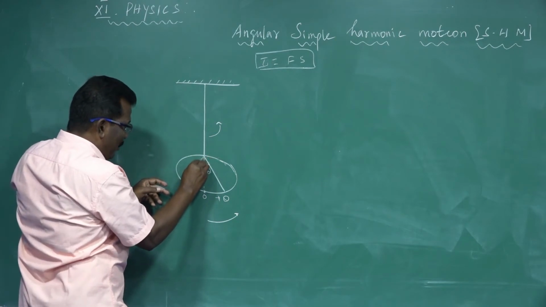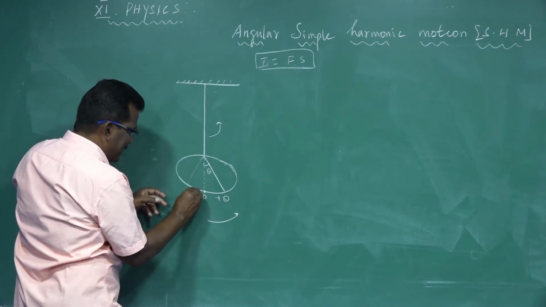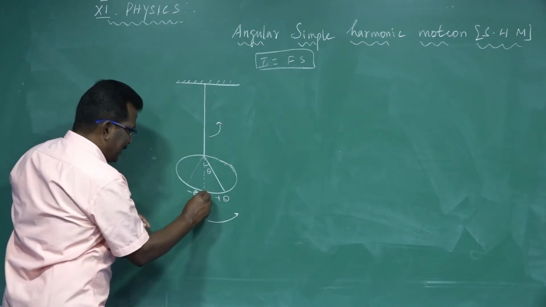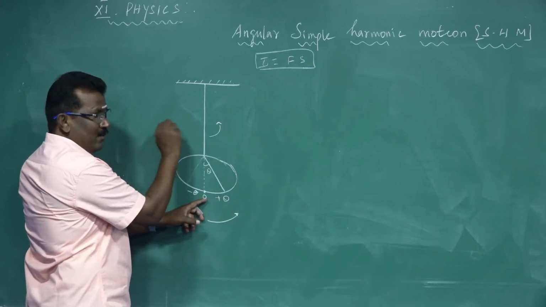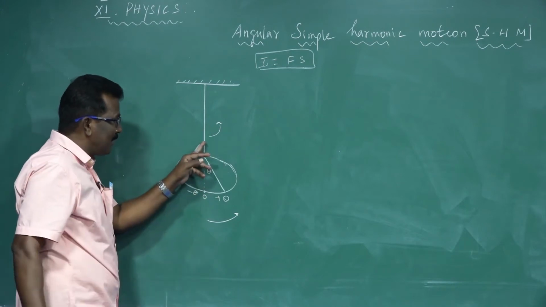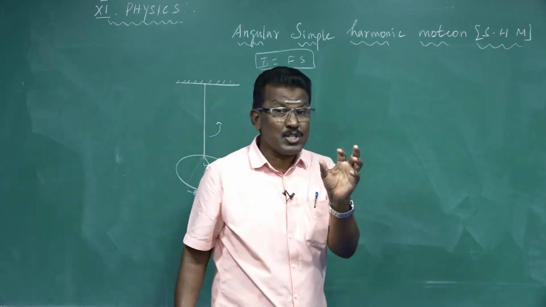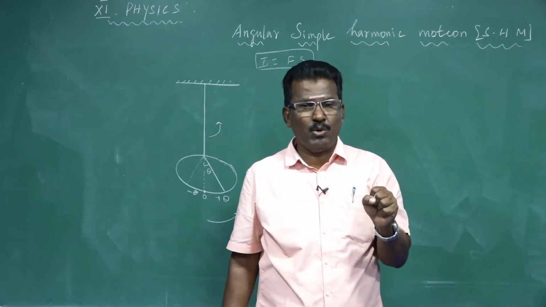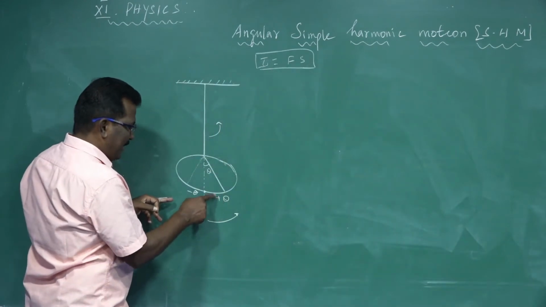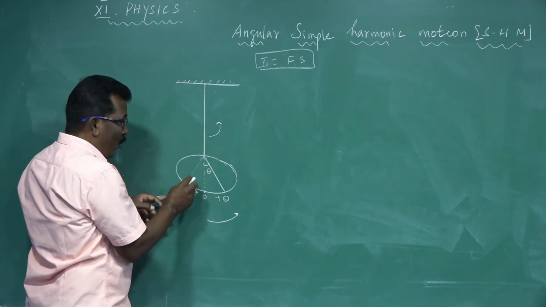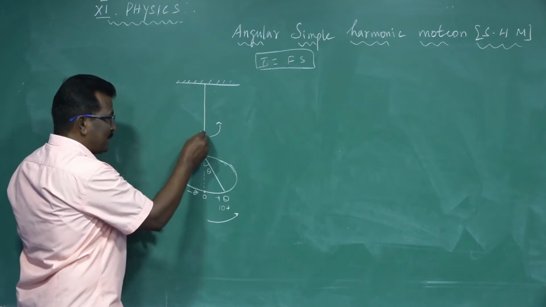Immediately the thread produces an opposite restoring force, that is a minus theta. Initially the angle is zero; it rotates through, say, 10 degrees, and immediately the thread acts in the opposite direction. The torque produced on the string is able to restore the original position. There is a positive deflection and a negative deflection. Whatever deflection is produced in the positive direction, the same angle is produced in the opposite direction by the thread.